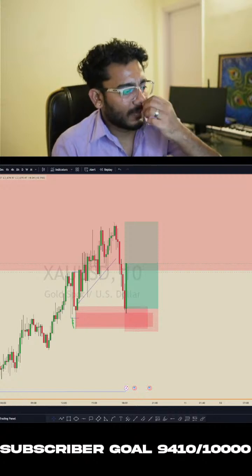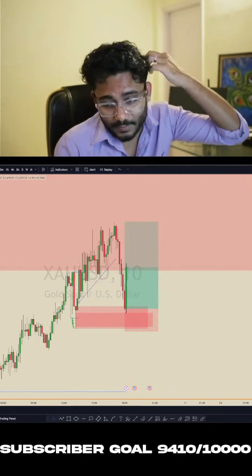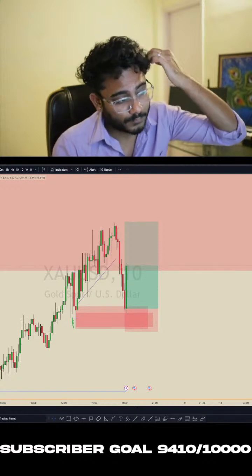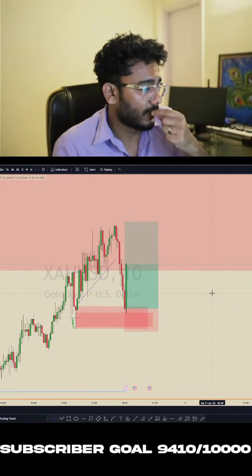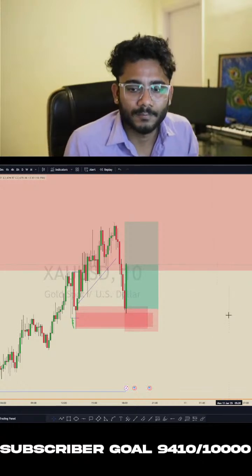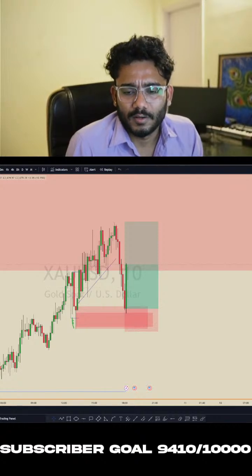2680 will be risky, but if you're going on 1 minute time frame, then it's okay, but it's risky to enter here because you don't have that advantage of keeping your stop loss safe, right? So don't enter in FOMO. Don't enter in FOMO. Okay.